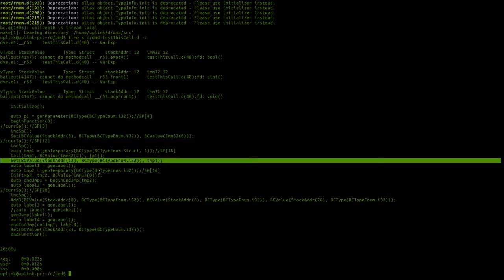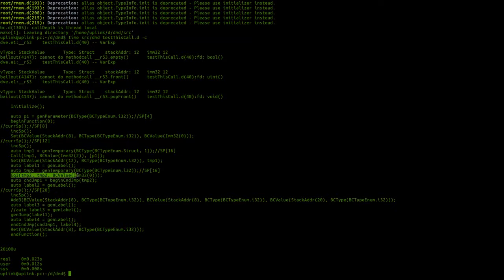Make it another temporary. No, this is something we shouldn't do. We store the result of this temporary compared against 0 inside itself. So this is a Boolean. This is just really a Boolean,